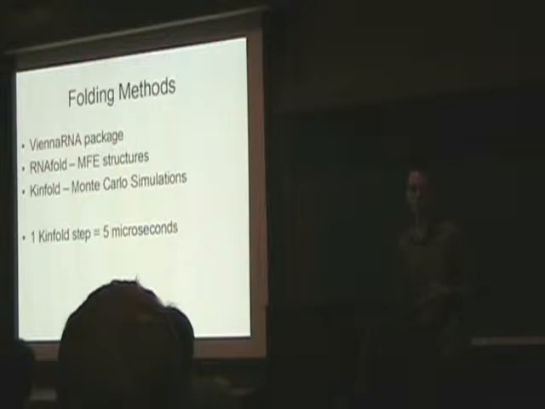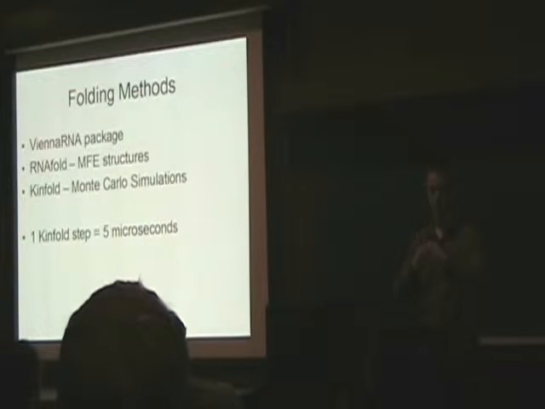which is much like M-fold in that it implements the algorithm of Zuker and Stiegler, or McCaskill's algorithm, in order to find minimum free energy structures for our terminator hairpins. And we also use a program called Kinfold, which is a Monte Carlo simulator that simulates RNA folding in terms of the secondary structure at an elementary step level, which is to say that you can